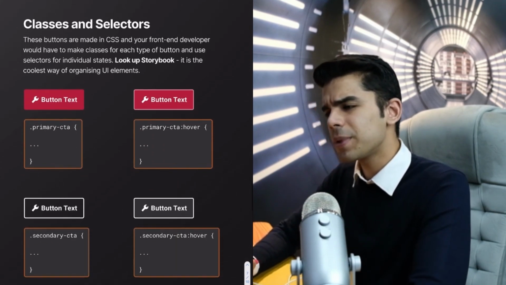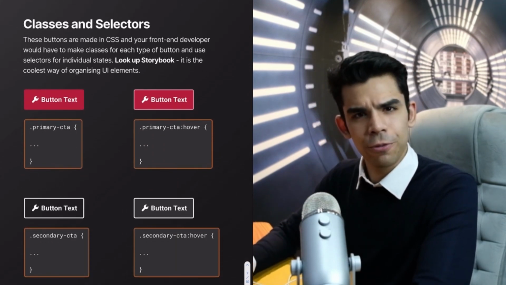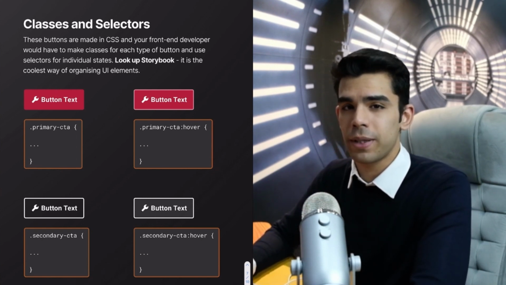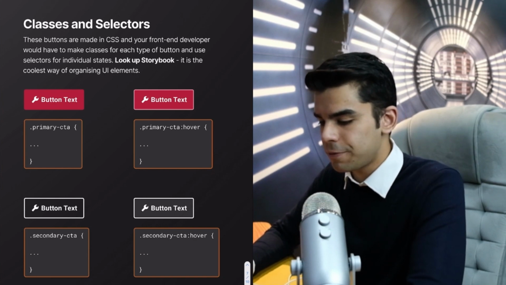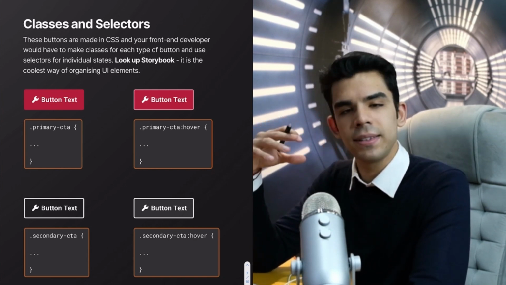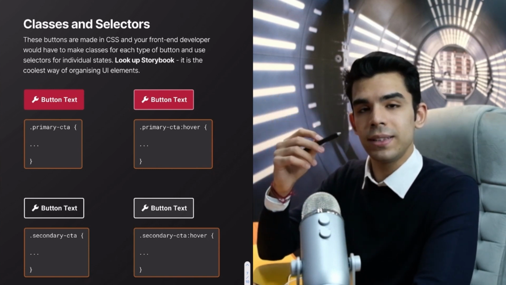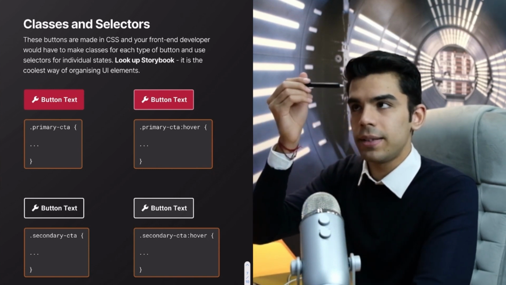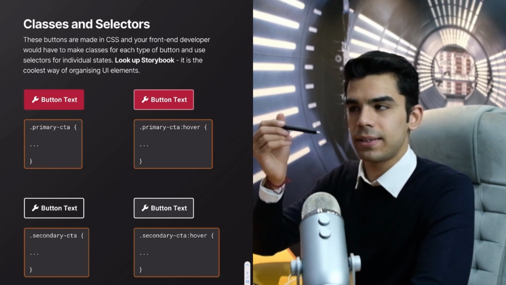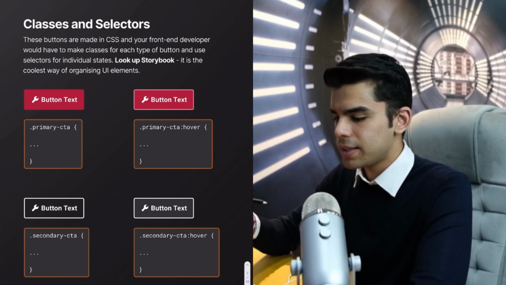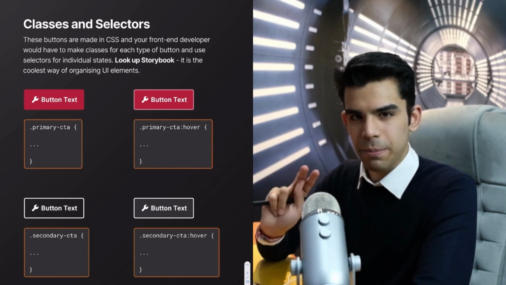Now, this is something from a development point of view as to how do developers even code this. And I thought that this is a very important topic, especially for designers who are just entering the field. See, these buttons are made in CSS. And your front-end developer will basically declare all of these different states. So we discussed there's default, there is pressed, there's focus, there's hover. So how do developers even make this? See, we'll discuss a very basic example here.